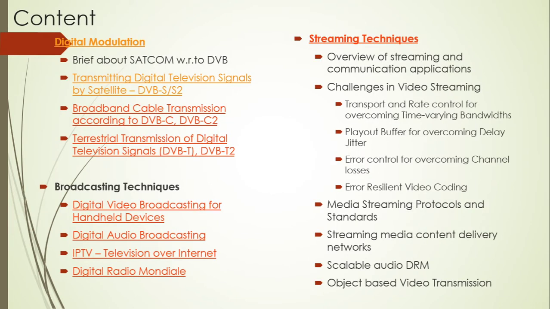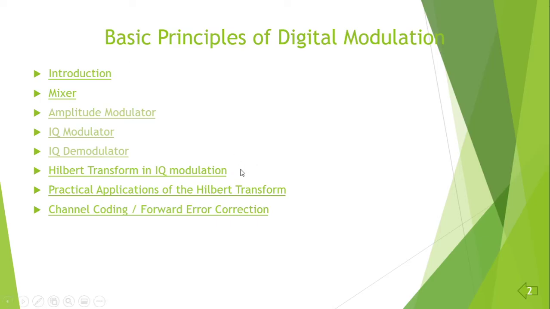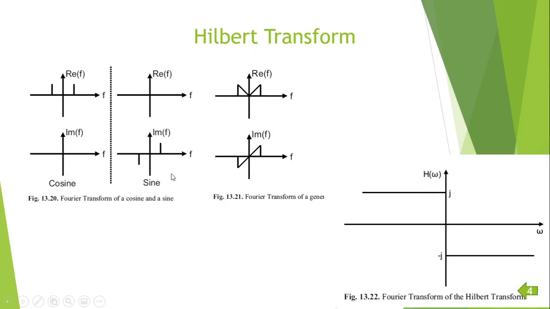In this, we are revisiting digital modulation techniques. So today, let's see about Hilbert transform in IQ modulation. Let us see the use of the Hilbert transform in IQ modulation. In this video, we will discuss about the Hilbert transform. This plays a very major role in some digital modulation methods, for example, OFDM and 8VSB, refer ATSC in US version. So they are all using this particular Hilbert transform.